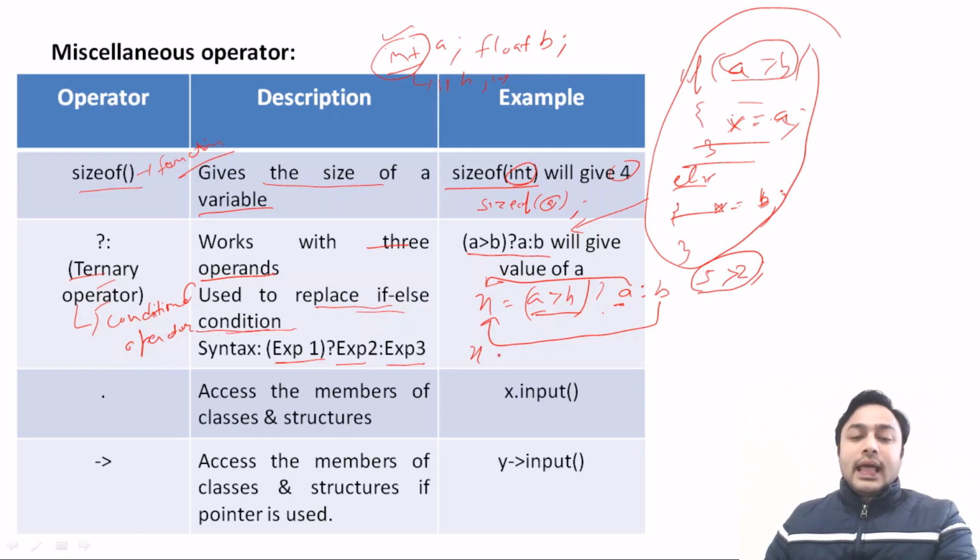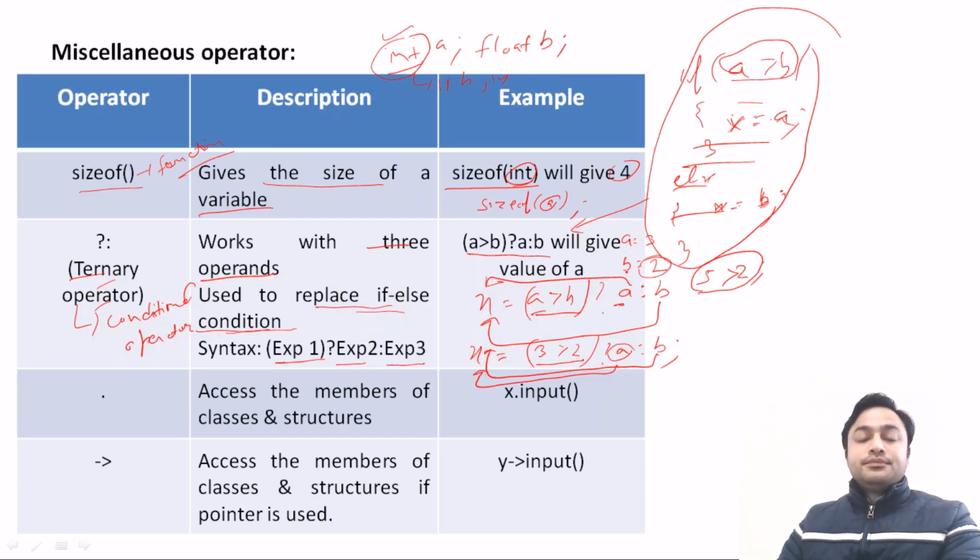So if you write x equal to 3 greater than 2, a and b, this condition will be checked. Suppose the a value is 3 and the b value is 2, so the a value will be stored in this variable, and if the condition is false, then the b value will be stored in this variable,